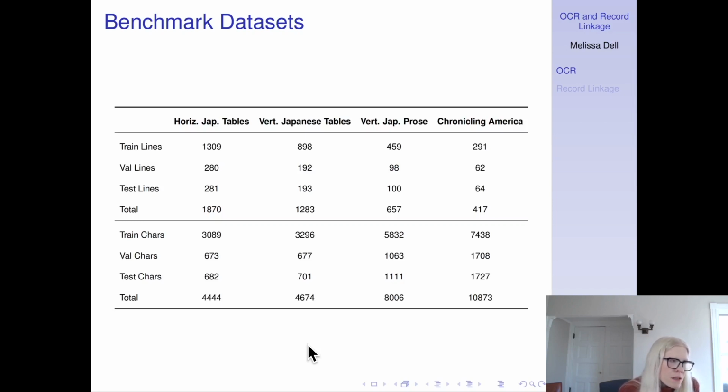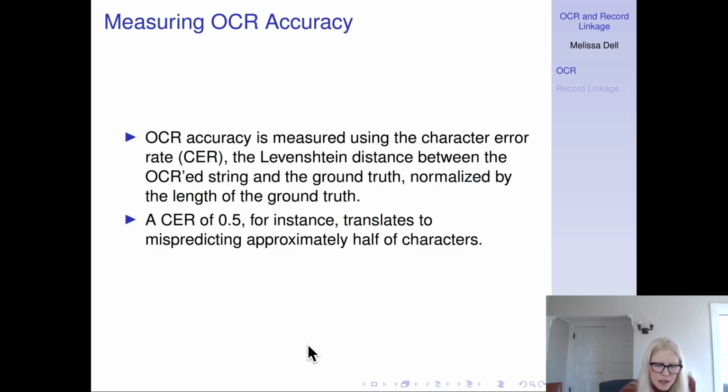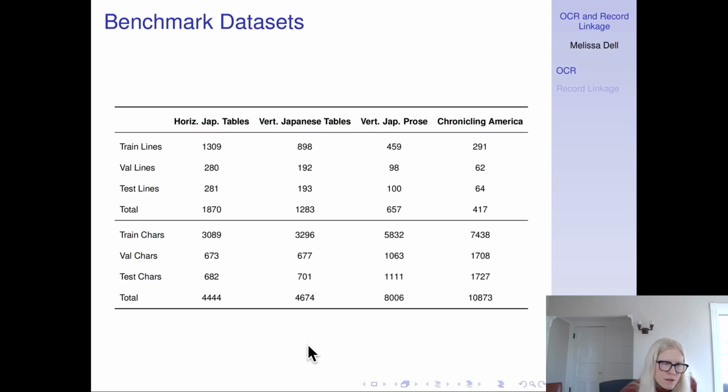So our benchmark data sets are fairly small. This is lines, which corresponds to a cell in a table for the tables, or a line within an individual column or row for the prose. And so 291 newspaper training lines is pretty small because newspapers have multiple columns, so there's not a huge number of words in a line. And as we'll see, this is actually quite a lot more data than we would need to achieve a high accuracy. Even then, this data was fairly straightforward to create. We're talking hundreds to thousands of